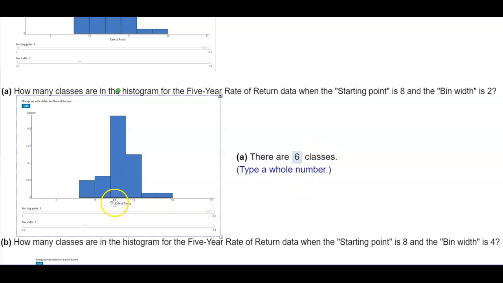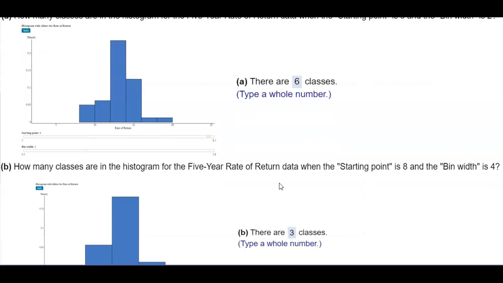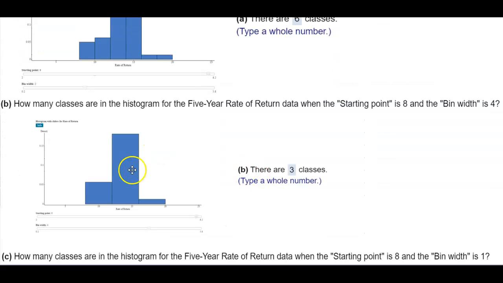So how many classes are there? We have 1, 2, 3, 4, 5, 6 total classes. And therefore for part A, the answer is 6. Part B, we're going to use the same applet. It says how many classes